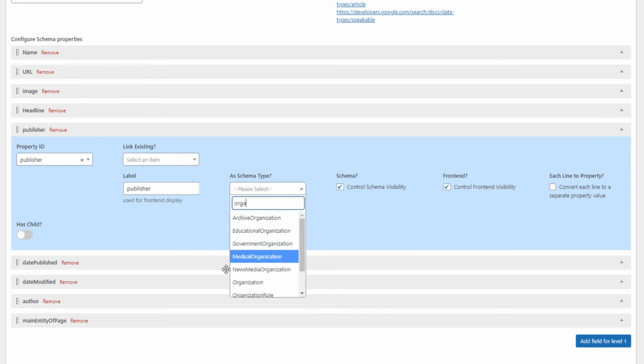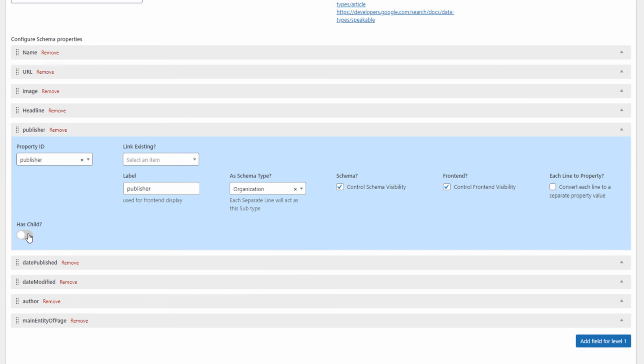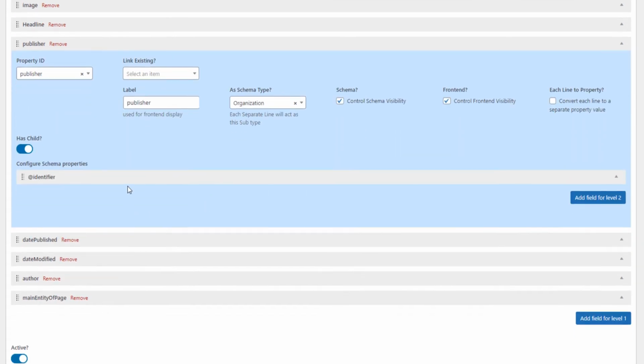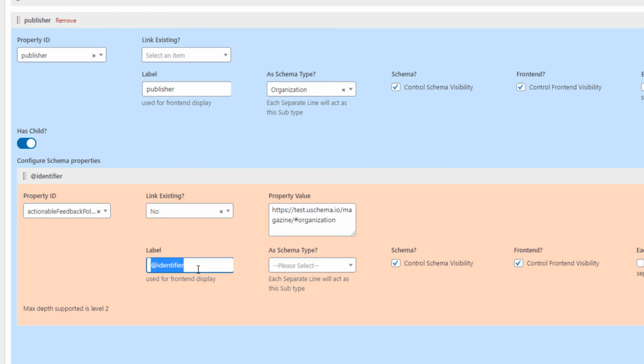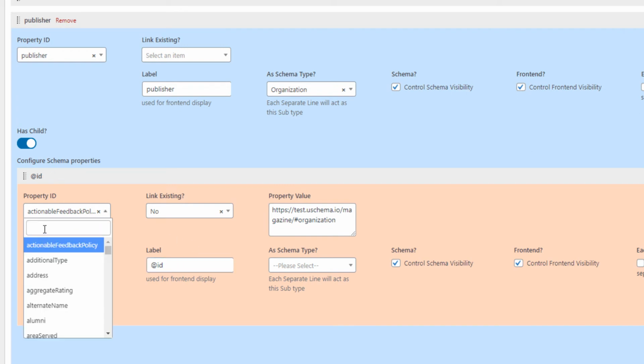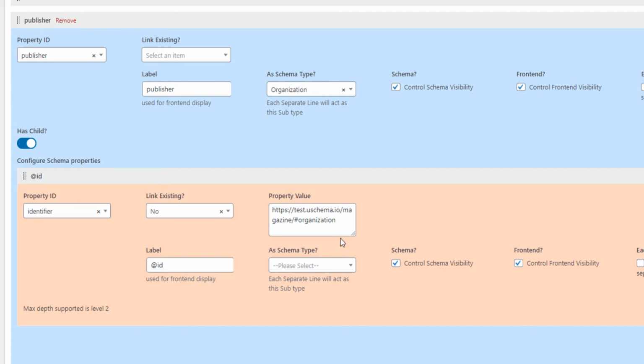So we are going to use an organization, add a child, and inside that we need an identifier. It is already putting the identification label, but you can name it anything, for example ID. The main thing is you need to select identifier here again, and in this value we put the organization identifier that we copied from our organization schema.